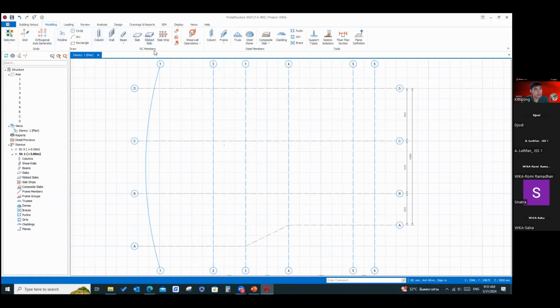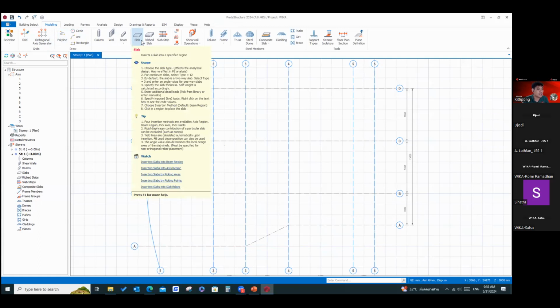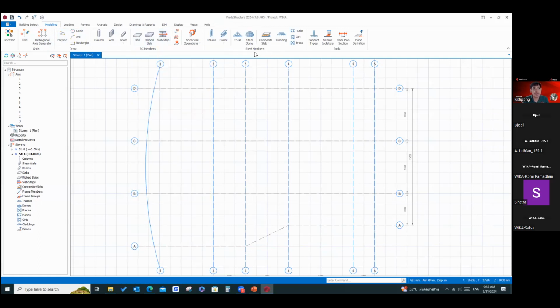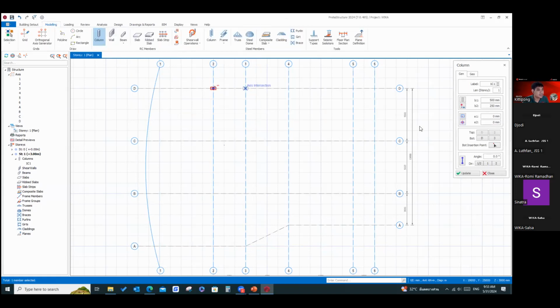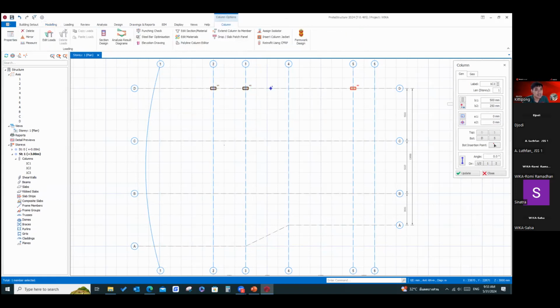And for the members, Prota already separates the RC members, like the column, shear wall, beam, and slab, and the steel members are separate. It's for the user experience. It's quite easy to use. See, just input the number and do like this.